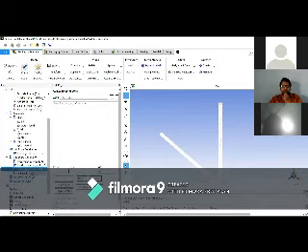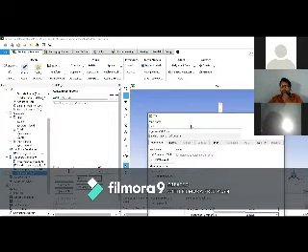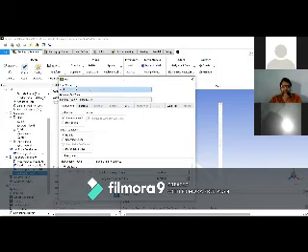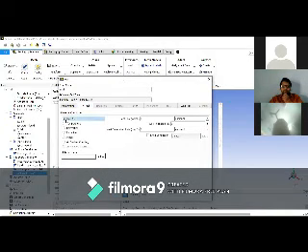And again the wall. Go to the wall. These are the wall conditions we have selected: stationary wall, with the no-slip condition. Roughness 0.5 is considered, and for thermal we consider the heat flux.